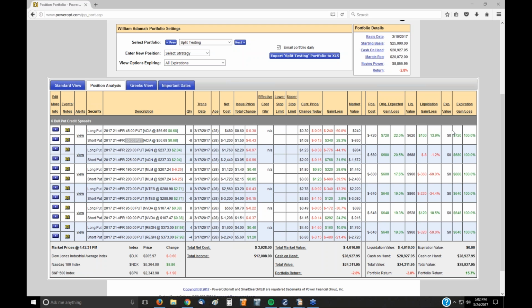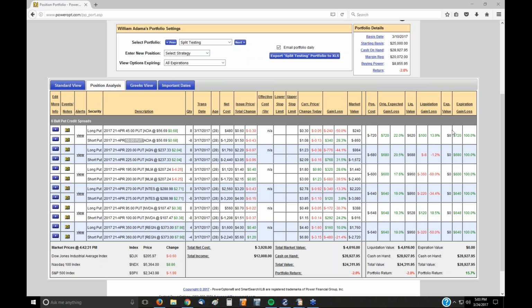I was in a married put on SH playing the downside of the market. And what happened is they did some kind of weird split. It was really a distribution, but they treated it as a reverse split. And so suddenly, in my portfolio, instead of having 100 shares of SH, the reverse SPY, at $19 per share, I now had 50 shares of stock at $38 per share. My put, which was the 20 strike put on the married put, I did not now have a 40 strike put